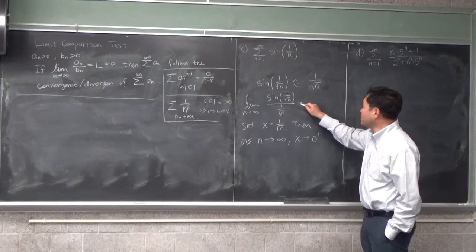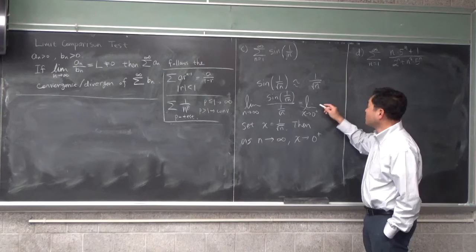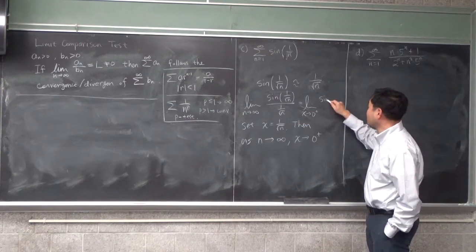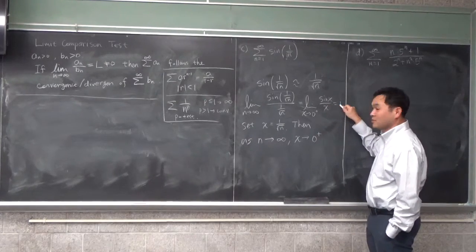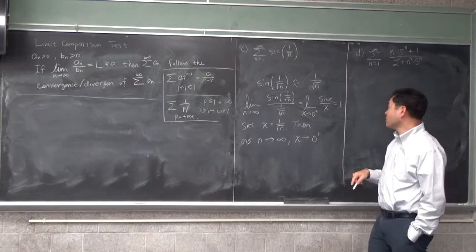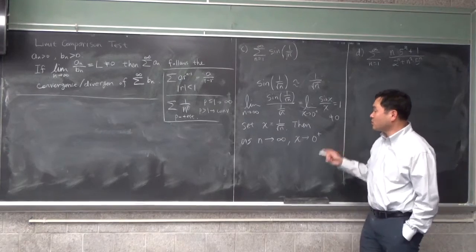So this limit becomes, as x goes to 0 plus, sine x over x. Now that one we already know to be 1, either by L'Hopital's or something you learned in calculus. Okay. So since this is a non-zero value that converges,